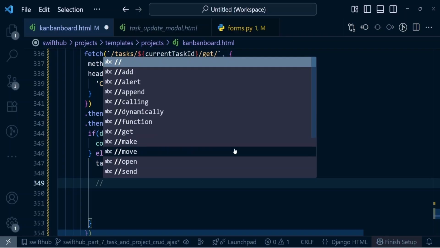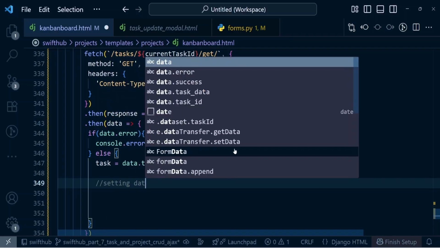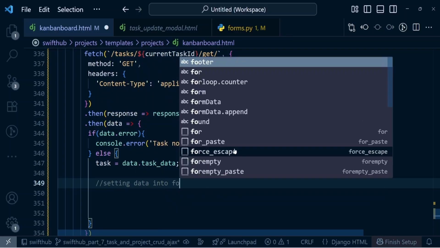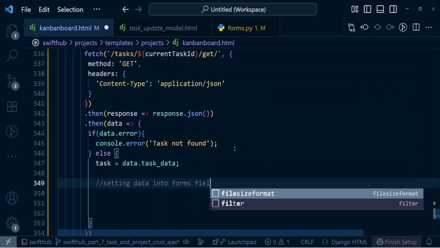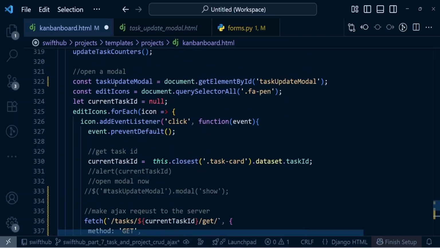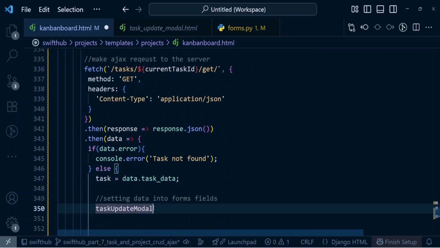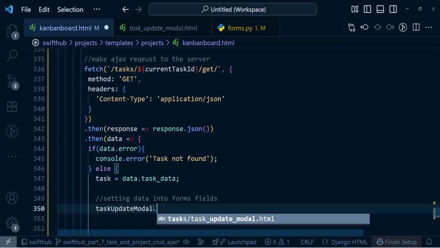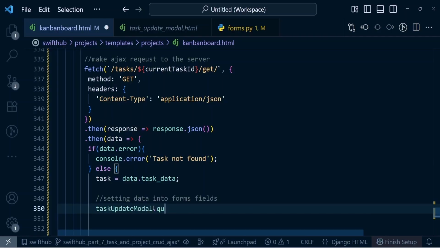Let me make another comment: setting data into form fields like this. Okay, so this is the comment, but we want to do the task update model, which is something we have selected at the very top here. And now we can do dot. So what we want to do is to do query selector